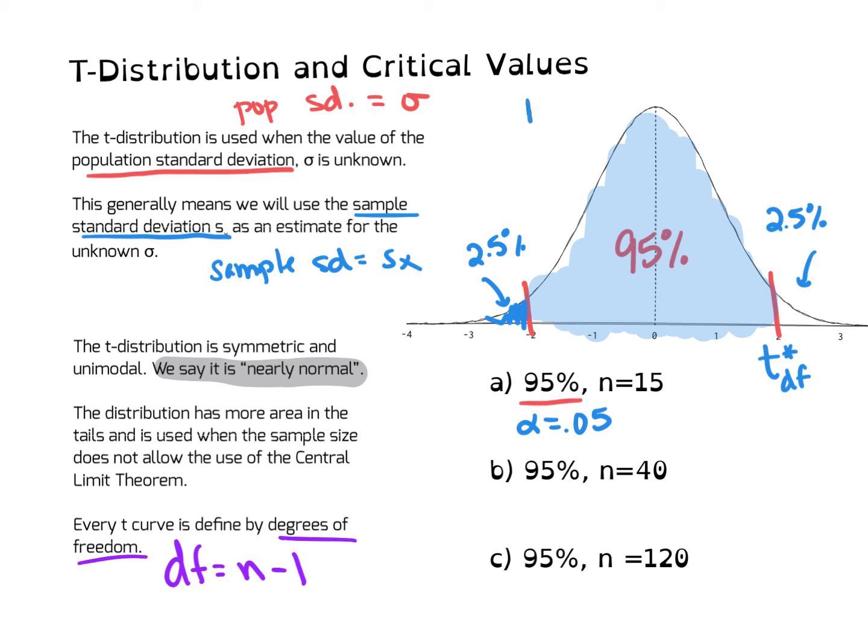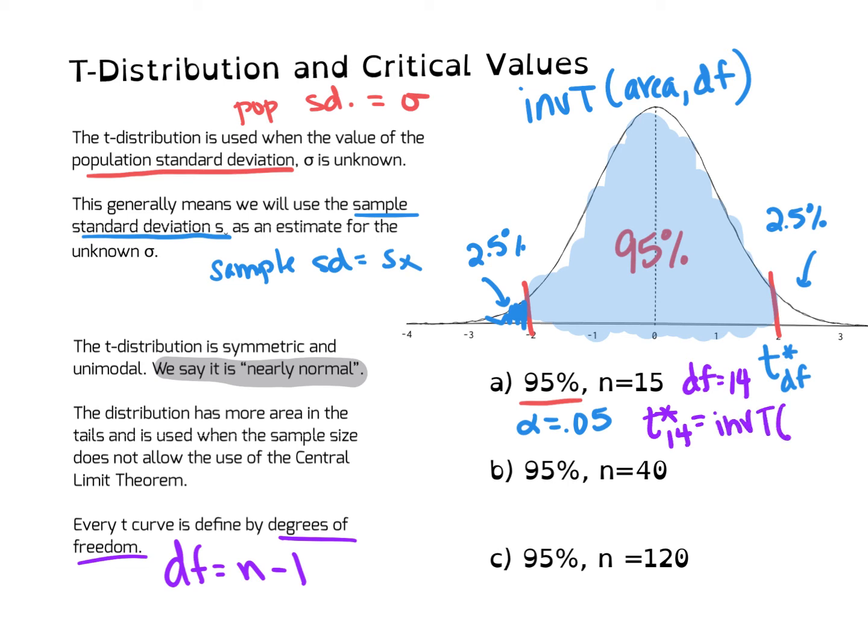To do inverse t, you're going to give it an area, which in this case would be 0.975, and you're going to give it degrees of freedom. So we need to find our degrees of freedom here. Recall that the degrees of freedom are always n minus 1. So if n is equal to 15, your degrees of freedom here are equal to 14. If I want to find t star at 14 degrees for a 95% confidence interval, I'm going to do inverse